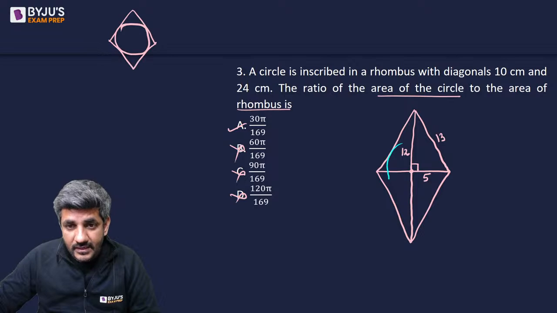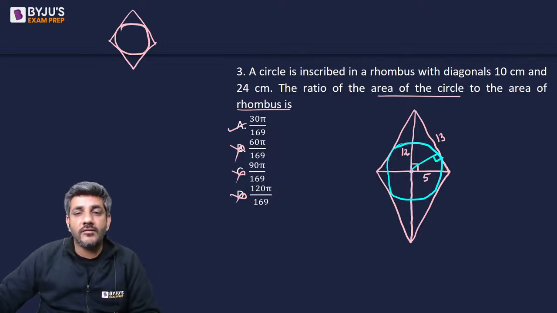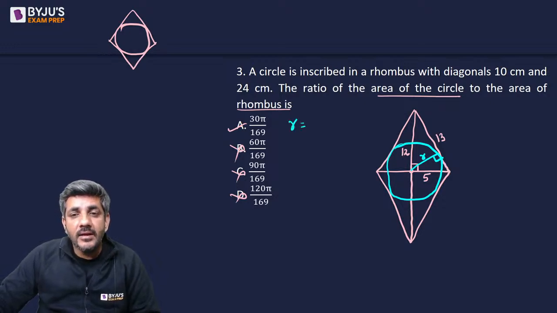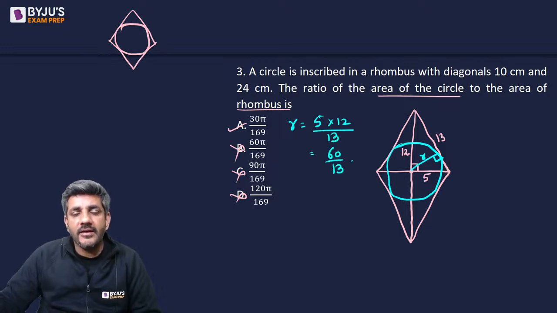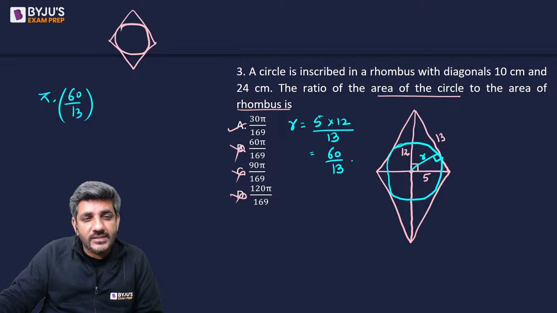If I make a circle here, how do I get the radius of this circle? It is the perpendicular of this right angle triangle, and the perpendicular of a right angle triangle is given by P into B divided by H. So the area of the circle is pi into R square, that is pi into (60 by 13) square,